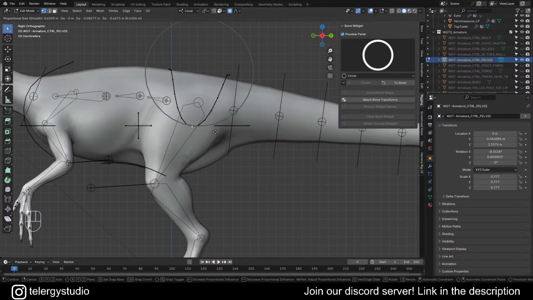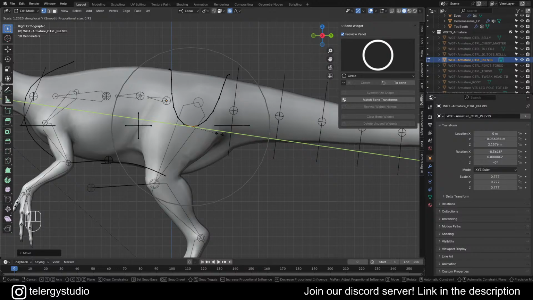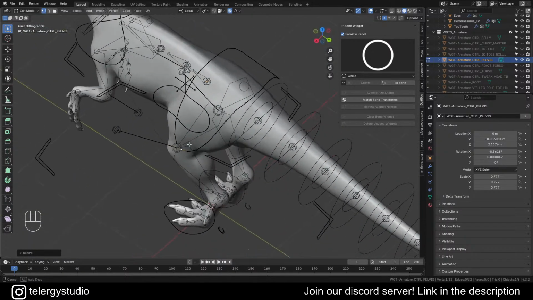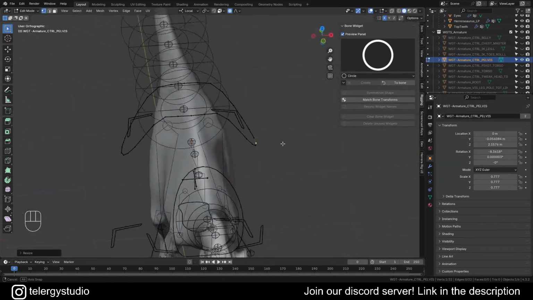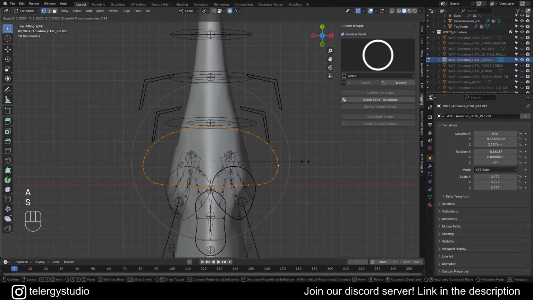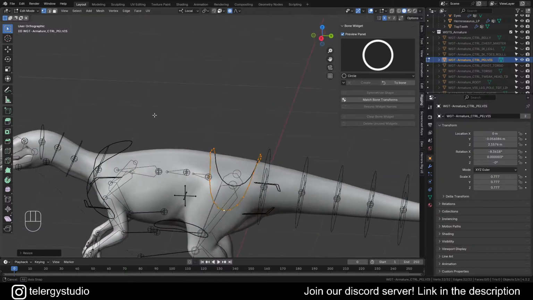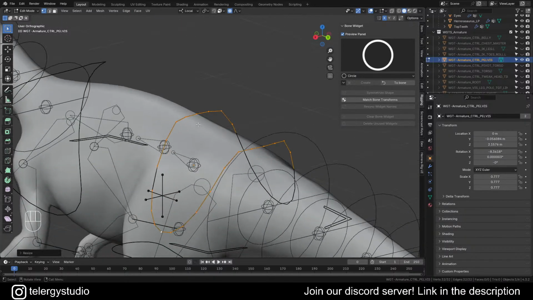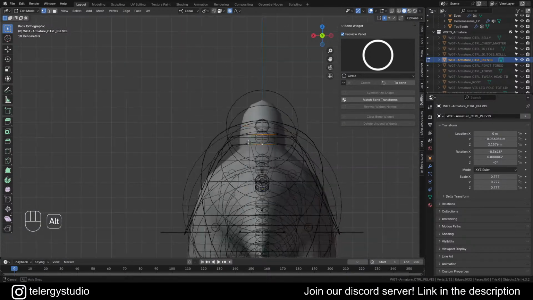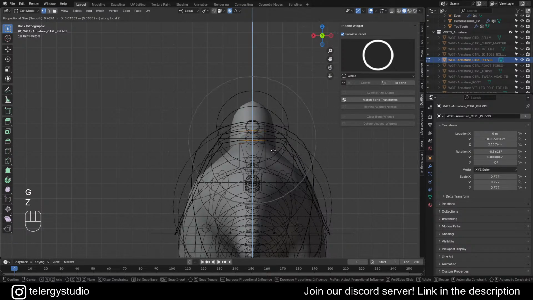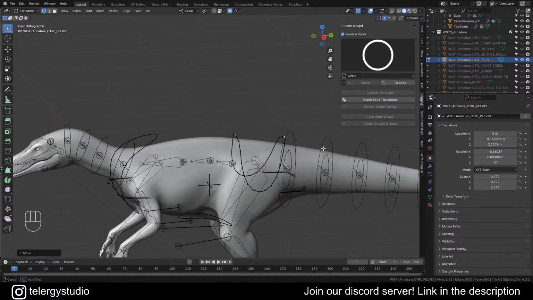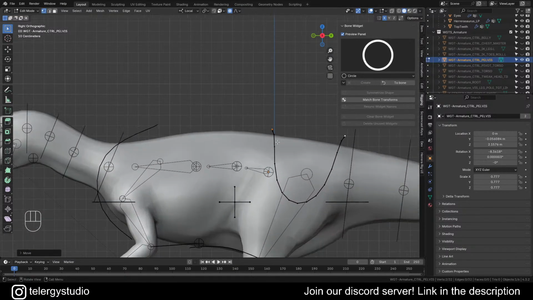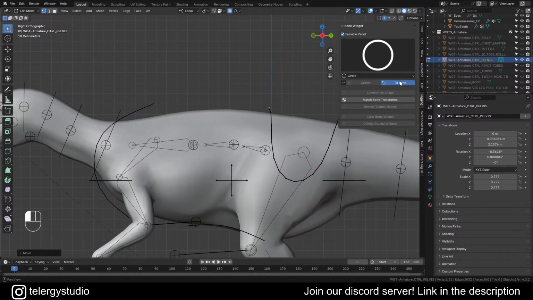So something like this should be fine. Make this a little bit bigger like that, and then we can get the view from up here and bring it closer to the body. Okay, just so we don't have this straight like this, I'm going to pull it up a little bit like that. Should be fine. Okay, so in this case we go back to the bone